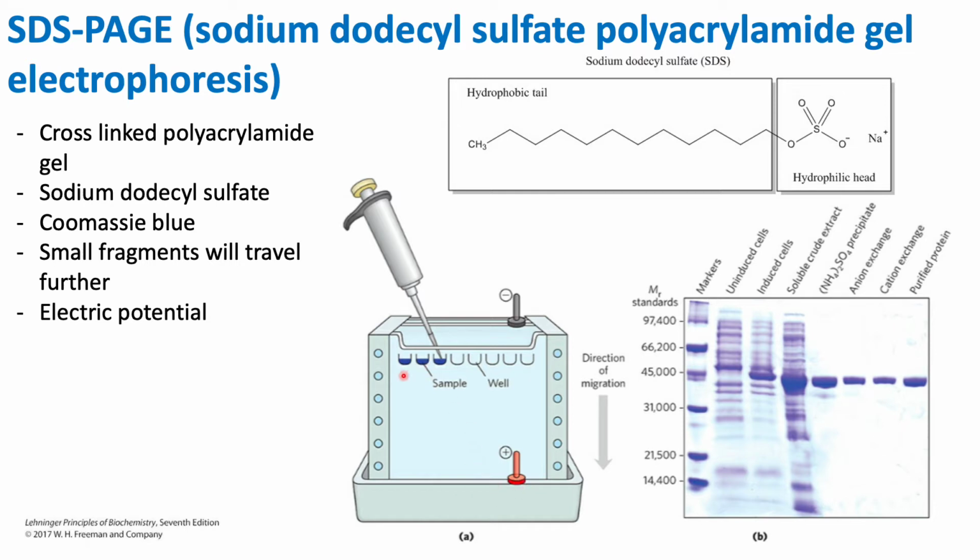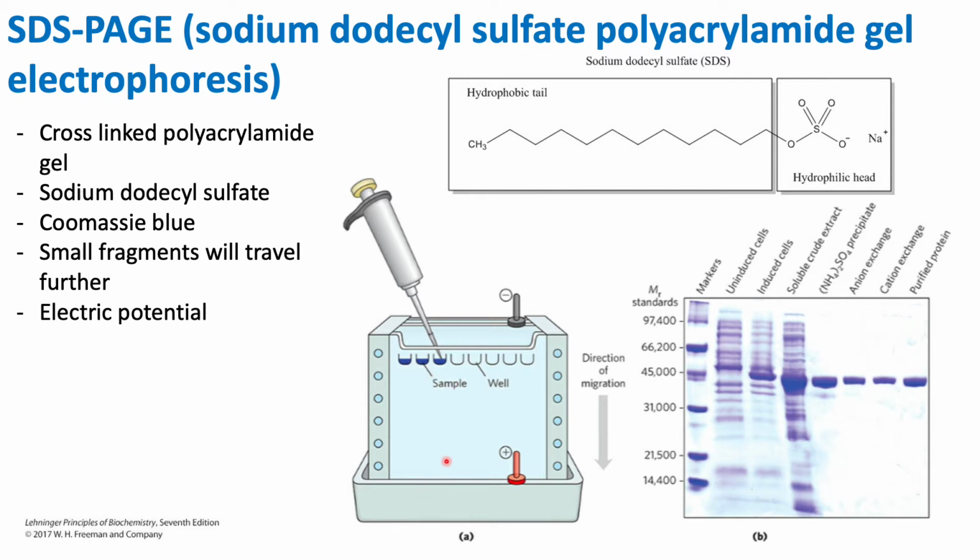The smaller molecules will be able to travel further because small fragments have a smaller molecular weight, whereas our large fragments, or the ones that have a very high molecular weight, will be near the top. So essentially, this molecule has a negative charge, it's moving towards the positive end, it binds to our protein and